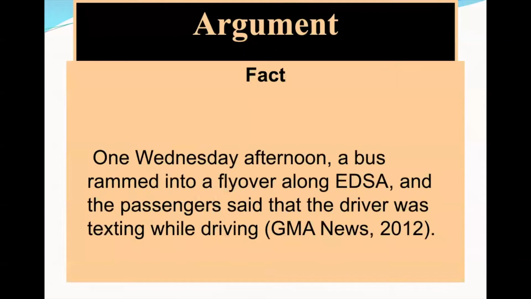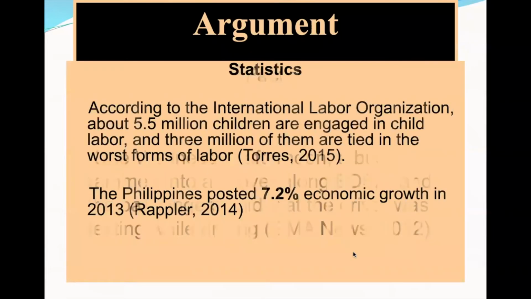This is an example of fact. On Wednesday afternoon, a bus rammed into a flyover along EDSA, and the passenger said that the driver was texting while driving. So if the contention is not to allow the drivers to use cell phone while driving, then you can have this as an evidence. This is an accident that happened in 2012, but you can also get, of course, the most recent facts or the data from